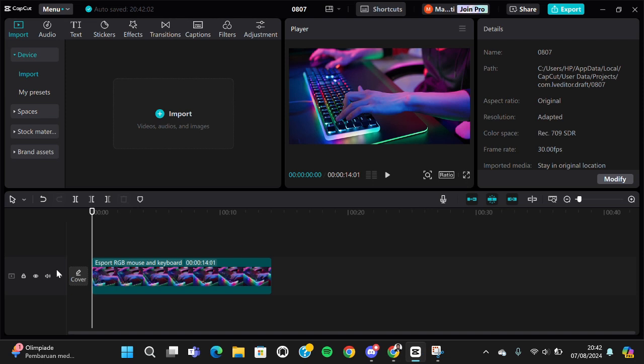In today's tutorial, I'm going to show you how you can create an aggressive shake effect on CapCut PC. Okay, let's get into it, guys. Here I have created a project on my CapCut PC and I'm going to apply the aggressive shake effect to this